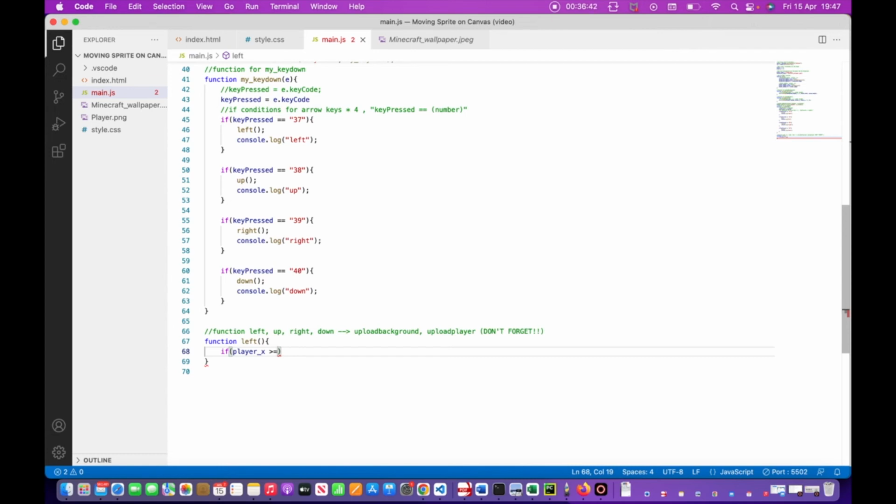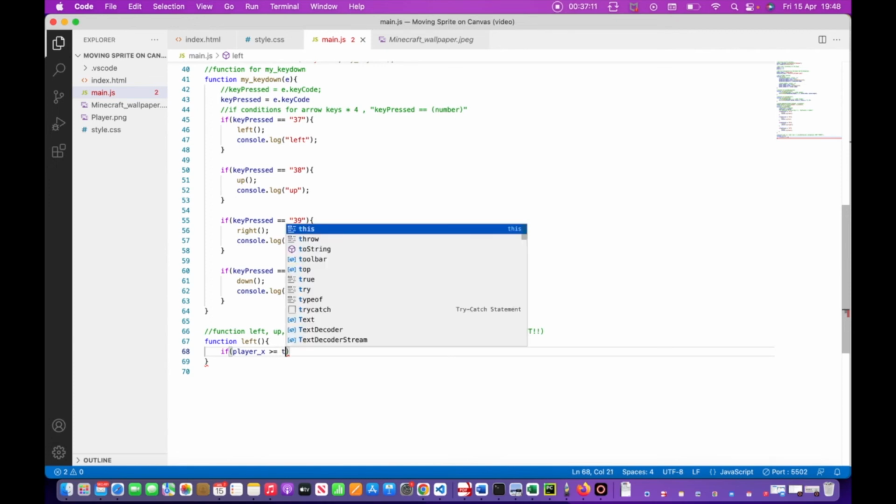And I'm going to be moving the player up, down, right, or left by 10 pixels. So if it's greater than or equal to 10 and it's equal to 10, then if I press left one more time, it's not really going to go left because it's on 10 and there's going to be a little bit of space. Okay, now player x, if player x is greater than or equal to 10,